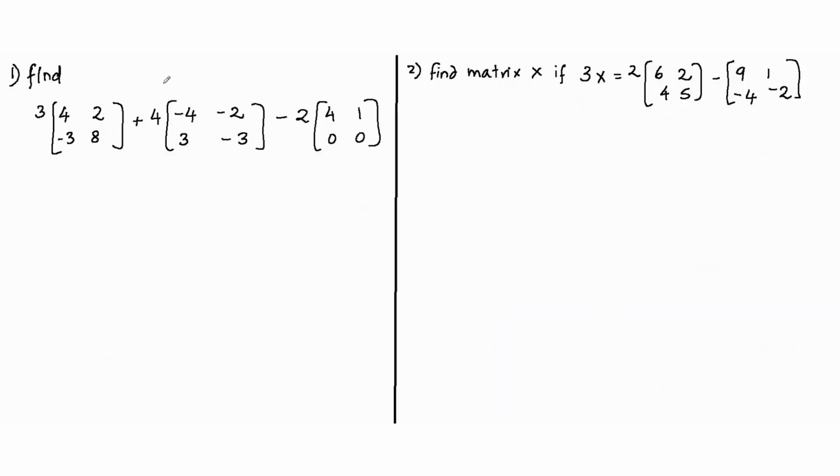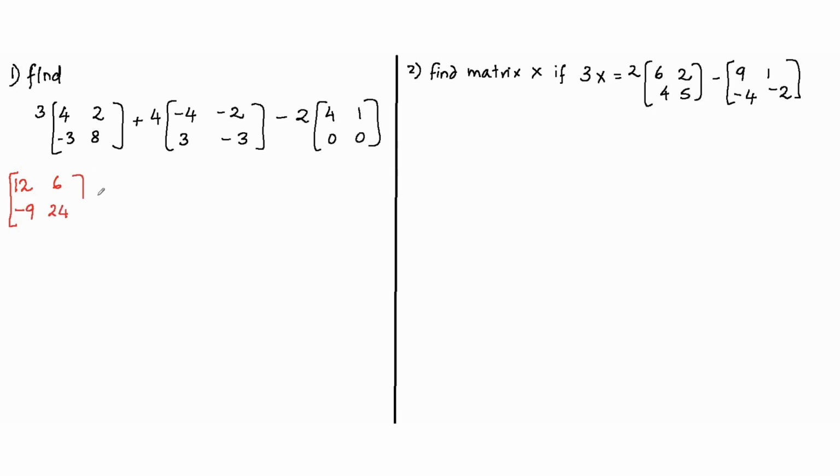Okay, let us consider these two problems. I have to simplify this particular set of matrices. So 3 multiplied by the first matrix. I know that when I multiply a matrix with a scalar quantity, I should multiply each element with the constant. So 3 4s are 12, 3 2s are 6, 3 into minus 3 is minus 9, and 3 8s are 24,